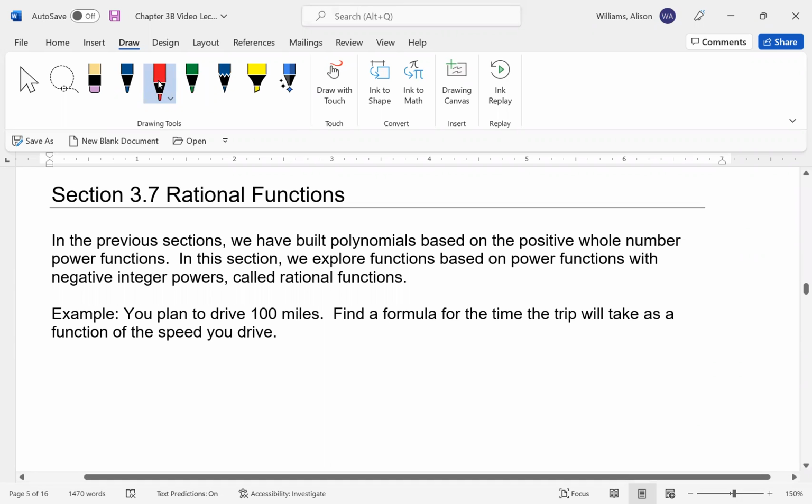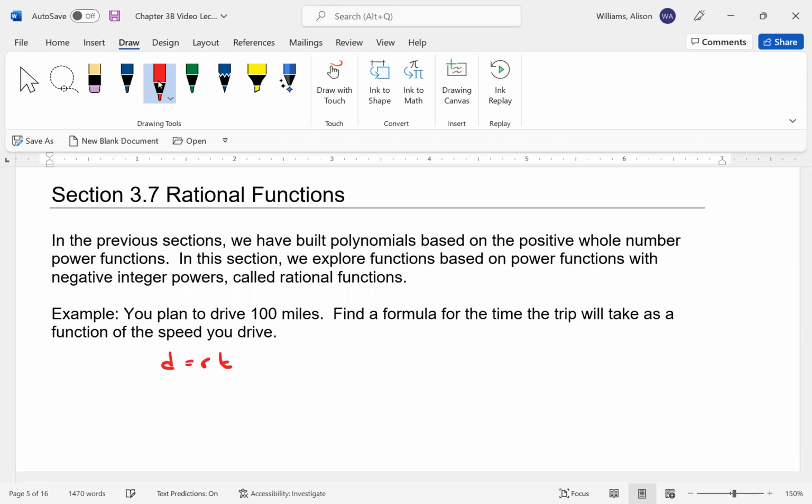Let's say you plan to drive 100 miles. Find a formula for the time the trip will take as a function of the speed you drive. So what we know is that when we're talking about driving and speeds and how long and time, we have what's called distance equals rate times time. In this case, we know the distance, it's 100 miles. What we don't know is the rate. And we're trying to think of this as what the time is going to be, knowing what the rate is for the trip. So in other words, they're trying to have us create an equation where we solve for t,